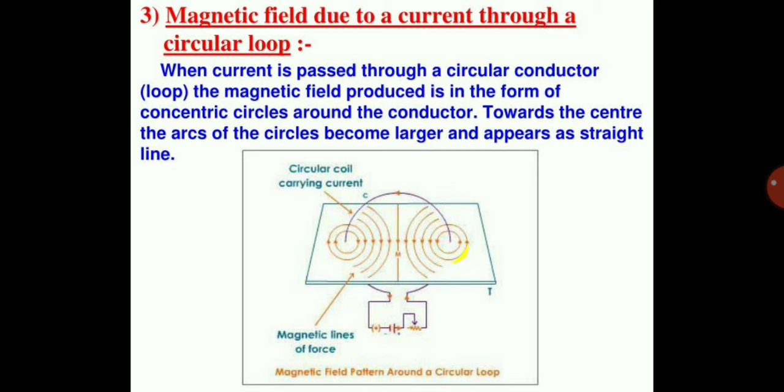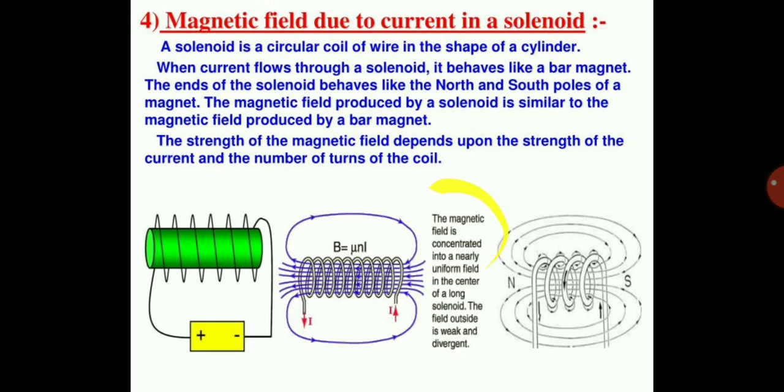And this is the paper on which we are going to see how the iron filings are going to arrange. Here the battery is connected and the current is passing through the circular loop. So when the circular loop is connected to an electric current, what happens? The iron filings get arranged in a circular concentric manner. See here, the circular concentric lines are there.